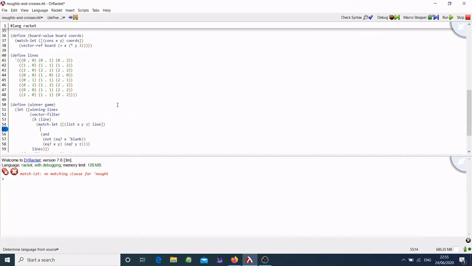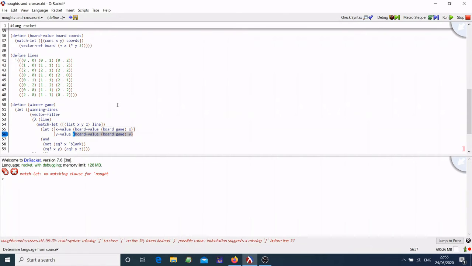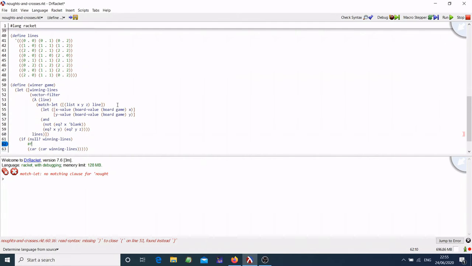So, we need to do another let. There's loads of repetition going on in here. So, solve that with another let. Let's store